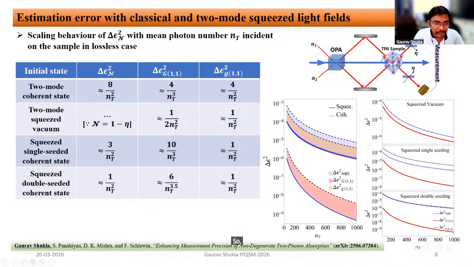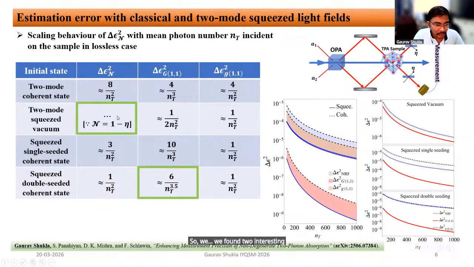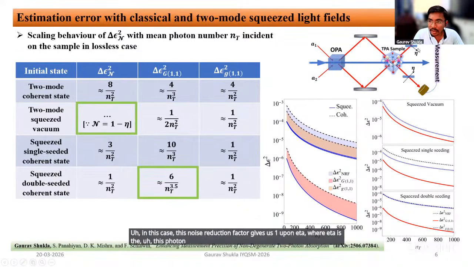So these are the correlation functions. We found two interesting results here. In the two-mode squeezed vacuum case, as we can see in this noise reduction factor, we cannot see any two-photon absorption phenomena. In this case, the noise reduction factor gives us 1/eta, where eta is the photon loss